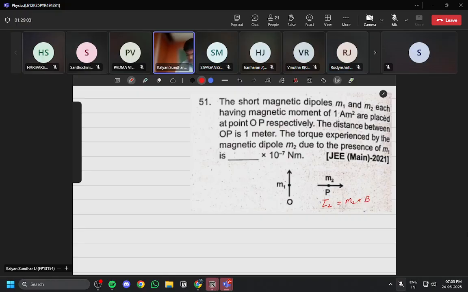The magnetic field will be produced in this direction. This is B1. What is the angle between M2 and B1? 90 degree. So tau 2 will be equal to M2 into B1, both having the value 1. What is B1? We need to find B1. It is a short dipole, so B1 will have a value of mu naught by 4 pi into M divided by x cube. X is 1 meter, and the value of M is 1. So B1 will be equal to mu naught by 4 pi, which is nothing but 10 to the power minus 7. So B1 is 10 to the power minus 7. So the answer is